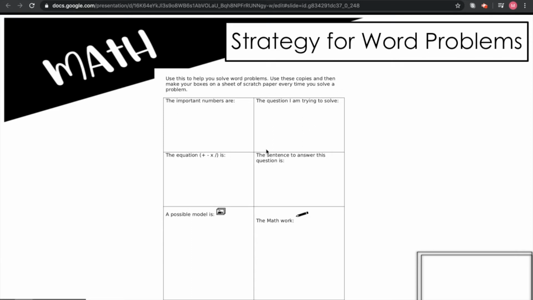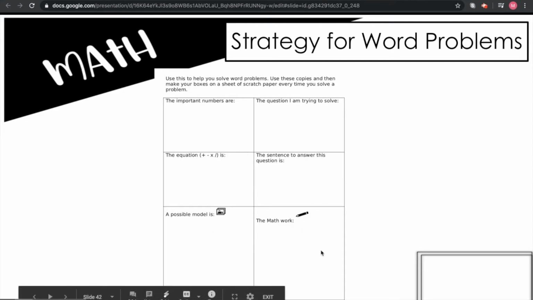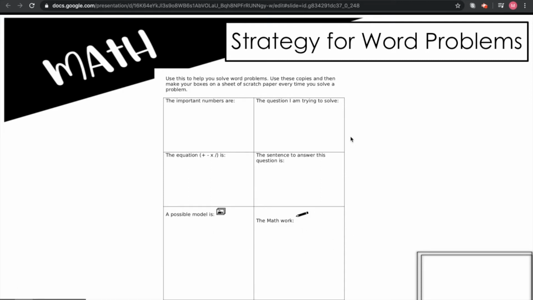What it is, it's 6 boxes, and it asks you to put important numbers, what is the question, what is an equation, what is the answer, what is the model, and then your work. It's all the stuff that I know I have done in class with you guys, but now it's just kind of really clear and formatted, and my task to you guys is, no matter how hard the word problem,